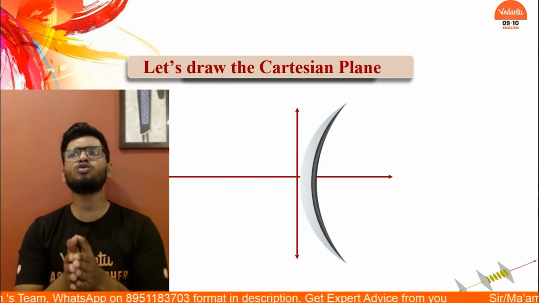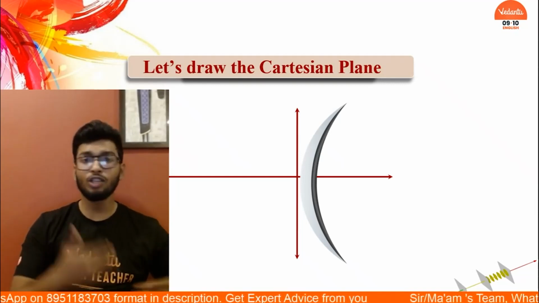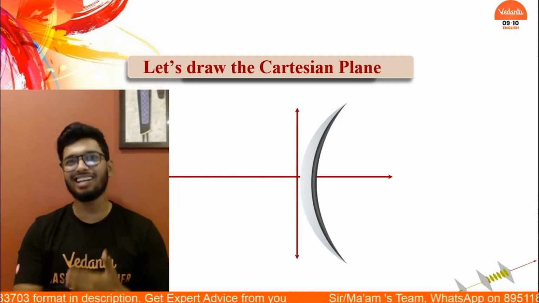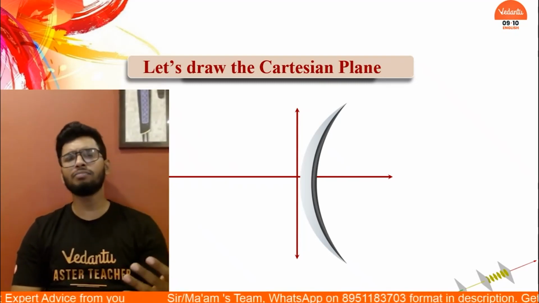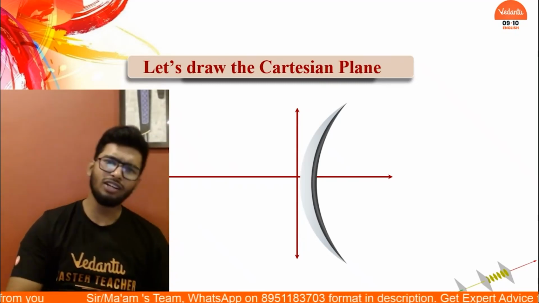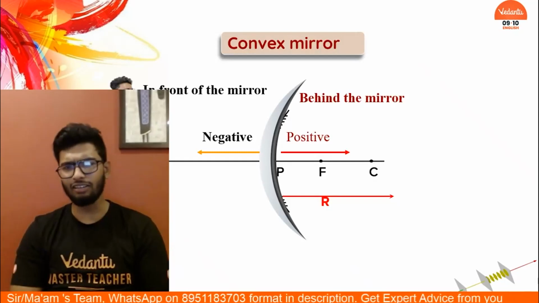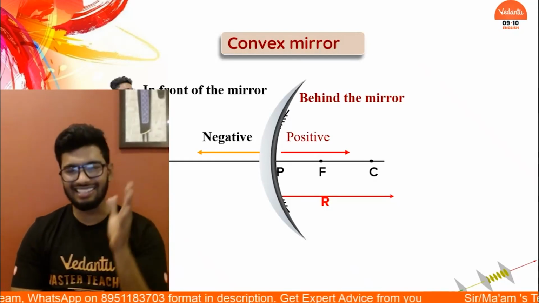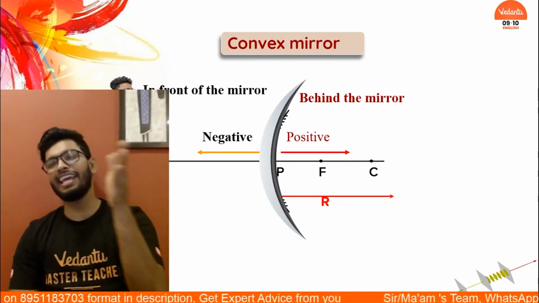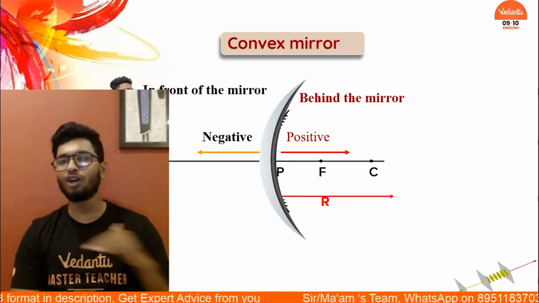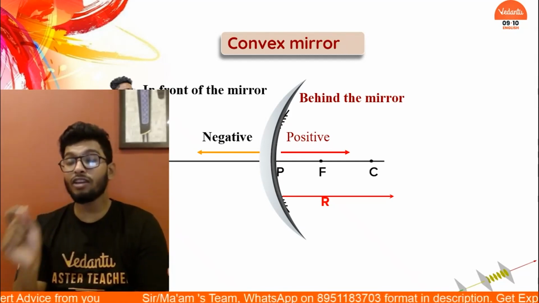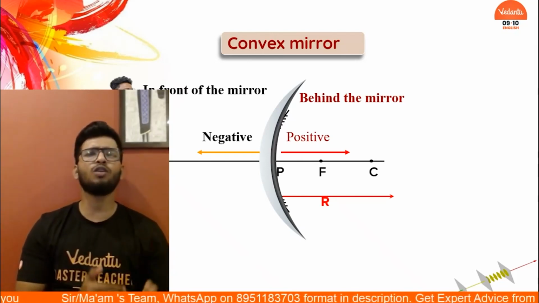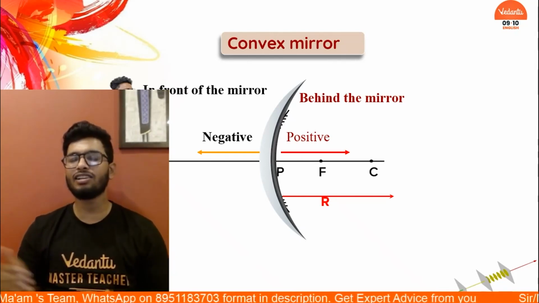And this holds true for convex mirrors, also concave mirrors as well, because we've already studied that in the previous session. And we also know that all distance above the principal axis is positive and all distance below the principal axis is negative. The exact same thing we're going to replicate over here also, no change whatsoever. And we're going to try to find out what type of image is going to be formed if I were to keep the object at different positions.